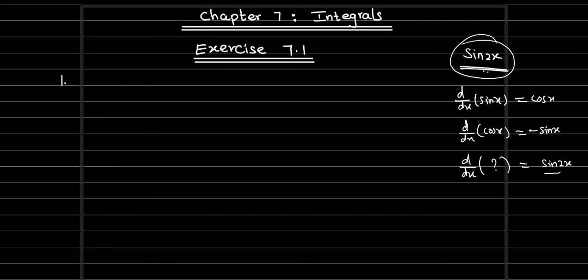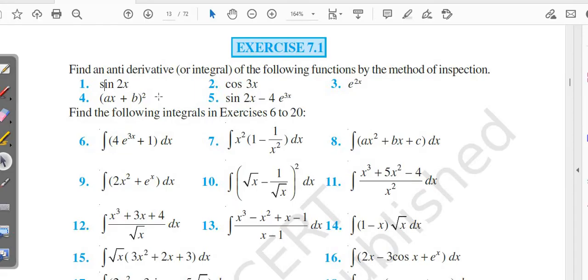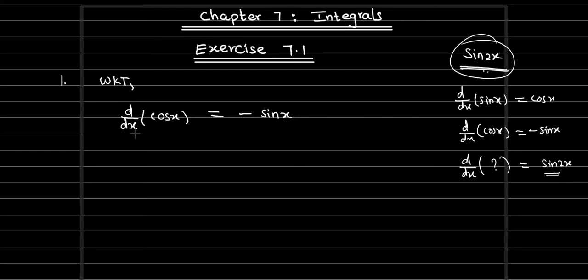So sin 2x we have, right? Obviously, if the right hand side is a sine, then what function will be inside? Cos x, obviously. So we know that differentiation d by dx of cos x is minus sin x. Now as per the given, what actually is required? Sin 2x is required. For sin 2x they didn't give any minus sign here, only a plus sign. So this minus sign we will take to the other side.